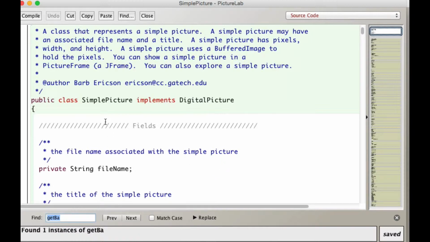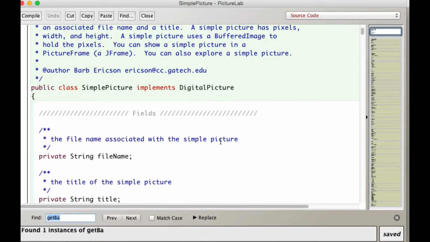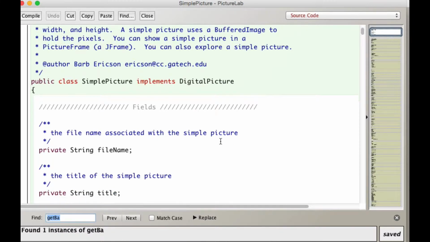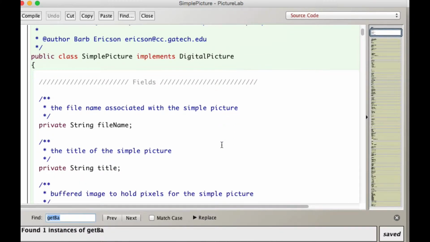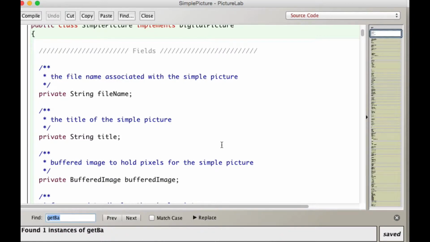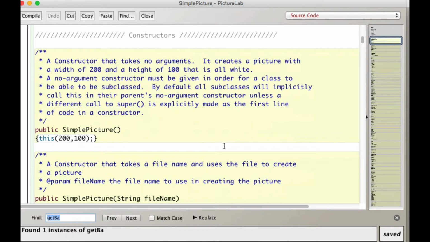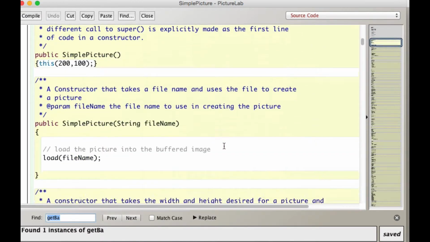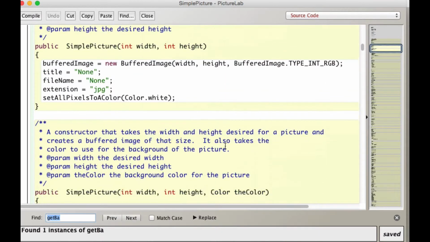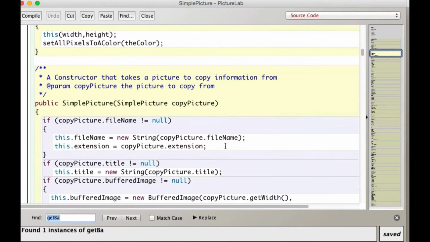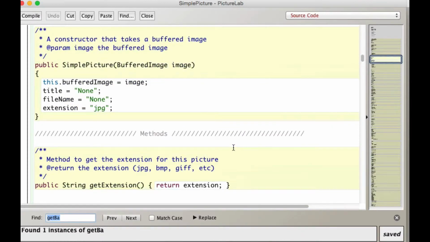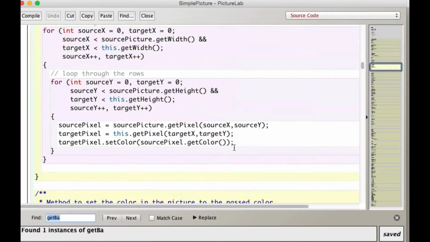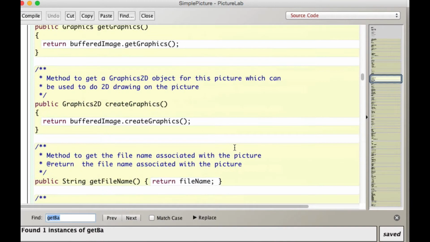So this is not an abstract class. Could be, we could add that extra step here, but this is actually a class that doesn't have any abstract methods; it fully implements all those methods. Okay, and I wanted to just go over some stuff here, starting with